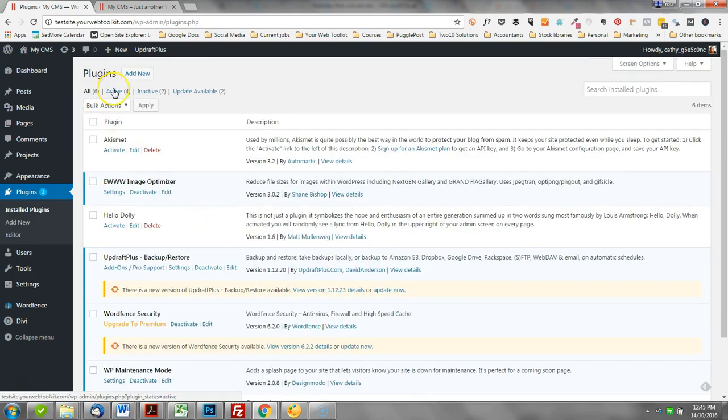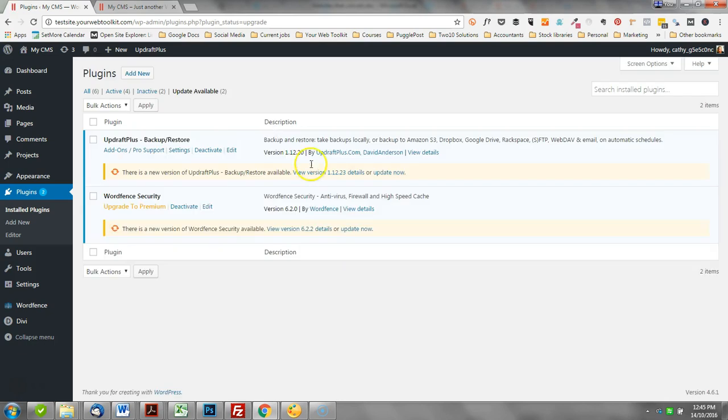And there's also a link up here so that you could just pull up only the ones that need an update. So that's 3 ways of looking at the same information, essentially. So there are these 2 plugins that need to be updated. So all you do is click Update Now, but what I would always do before you update any